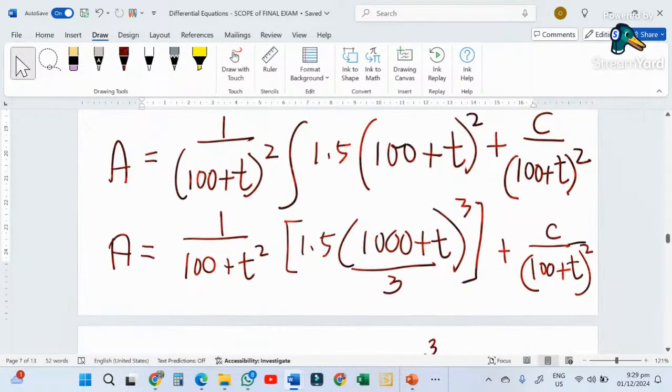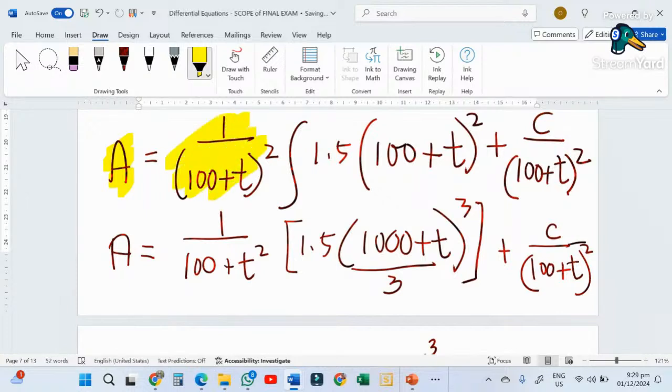There you go. So A is equal to the integrating factor. The q of x is 1.5. The integrating factor is 100 plus t, everything squared. And all of this, as you can see,